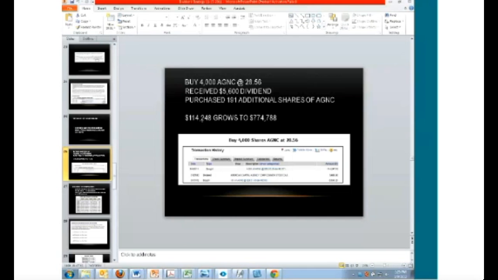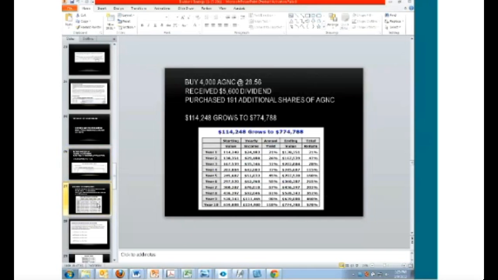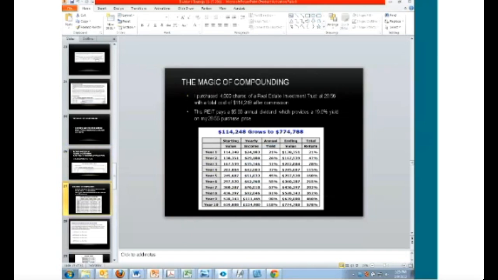And I found out that by reinvesting the dividends, my $114,248 investment would grow to over $774,000 at the end of 10 years. And this is assuming that the price of the stock doesn't change, and that it continues to pay a $5.60 annual dividend. And you can see after year one, by compounding the dividends,